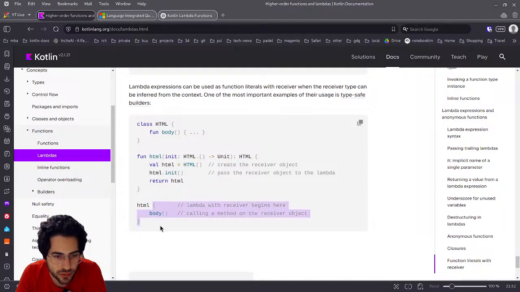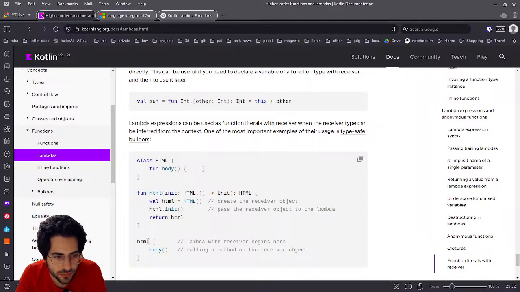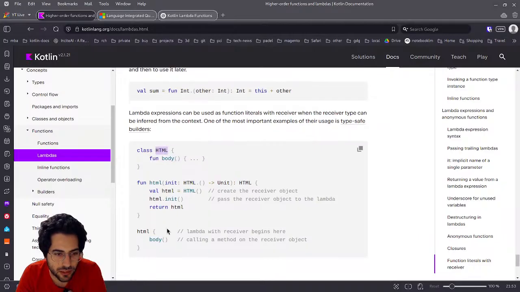So, for example, the lambda with receiver begins here, so calling a method on the receiver object. So you're calling this body function inside the lambda, and the fact is that here you're returning the HTML, and so it will do basically this dot body on its own. And because the body is part of class HTML,